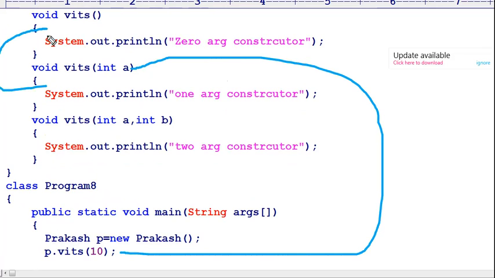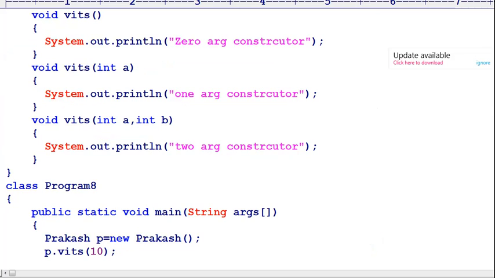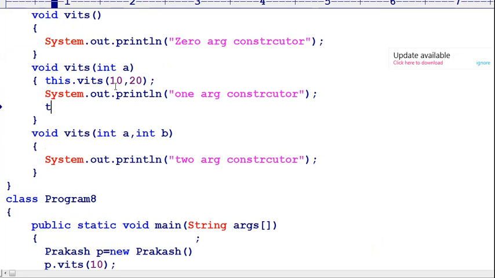Before this one, I would like the zero argument, and after this one, I would like to work with the two arguments. In the one argument method, I am calling this dot widths, where I pass two arguments, 10, 20. After coming back from there, I would like to call this dot widths method, a zero argument method.